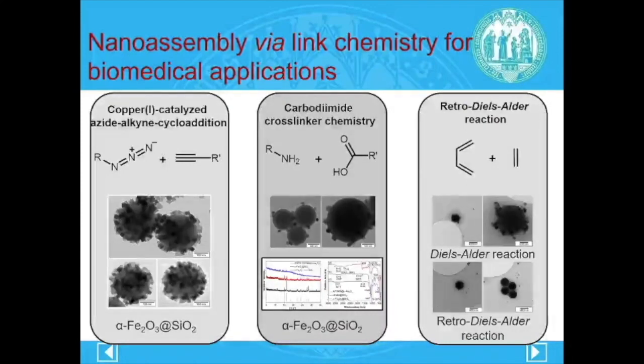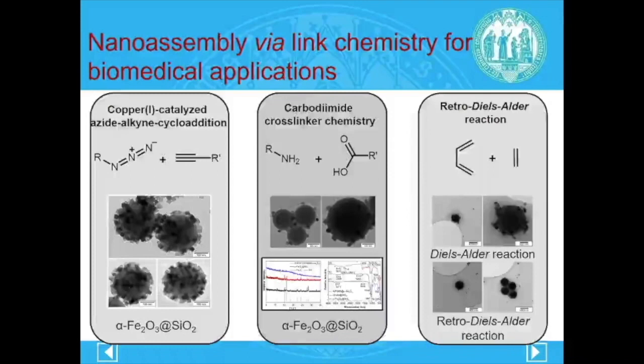particles. Sometimes it is very challenging to bring two different functionalities onto a single nanoparticle. And we have figured out that it is simpler if we have two nanoparticles with two functionalities and they are chemically clubbed. So what you see here with these different kinds of link chemistry is the possibility of covalently bringing these two particles, unifying them in a particle aggregate, and also functionalizing them in a way that they can